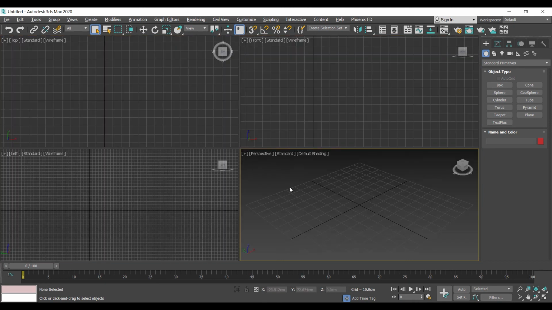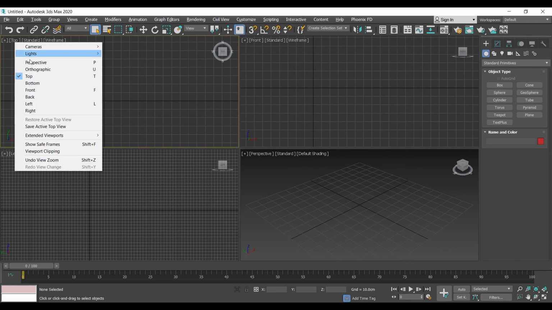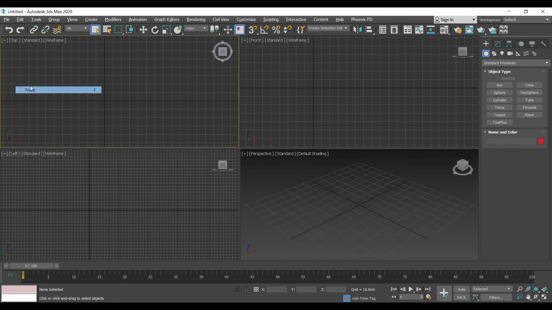Great. Now, if we want to change our viewports, we can definitely change our viewport or the order of viewports. By default, this is how they are. So top, front, left, and perspective. If for any reason you come from a different background or different software you used to work on, they come in a different way. For example, Maya or anything else. So I can click on the top view on the name, and I can change it from top to bottom to front to back to left to right or to another perspective. It doesn't matter.